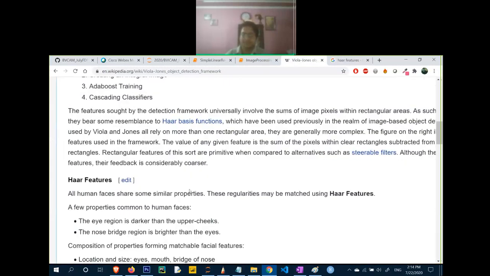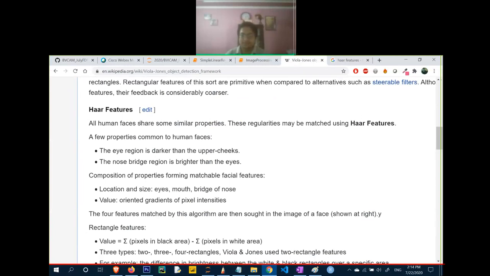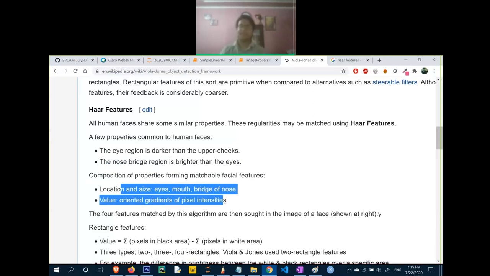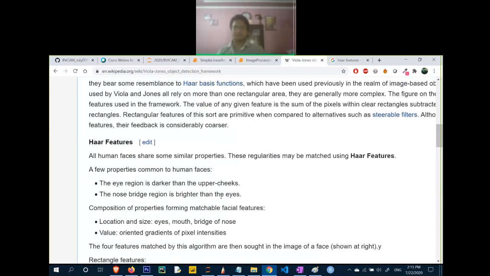Let's look at this very carefully. All human faces share some similar properties that are matched using Haar features. The eye region is darker than the upper cheeks. The nose bridge region is brighter than the eyes. Then the location and size of eyes, mouth, and bridge of nose, and the oriented gradient of pixel intensities. These are the features that each and every human face has in common.